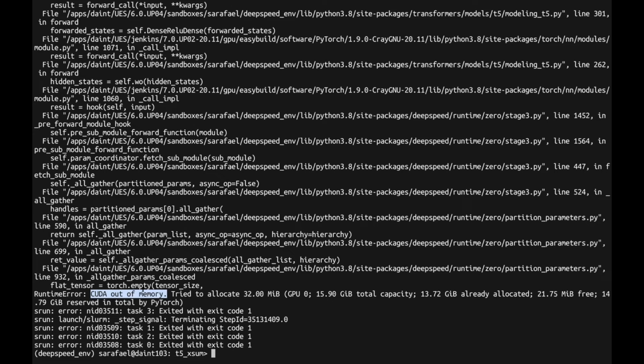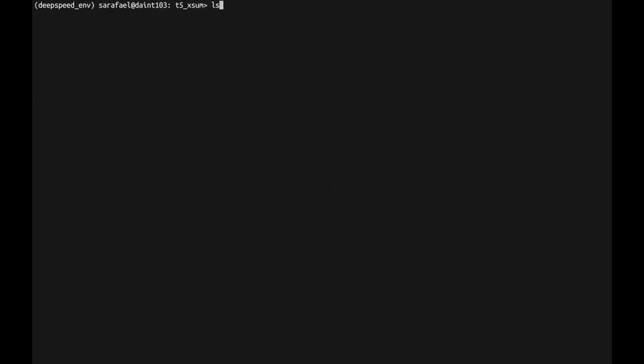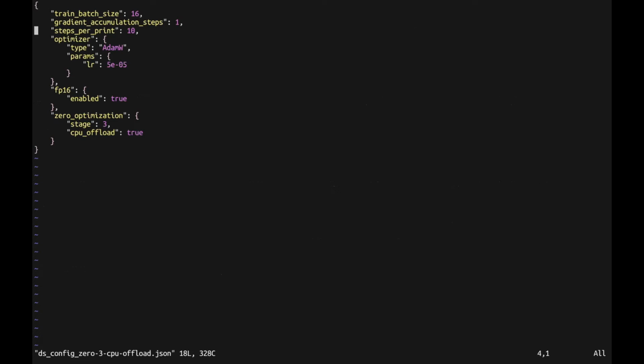So you can allocate the model, but the training cannot be done. To make the training work, we will have to go a step further, which is to add to stage 3